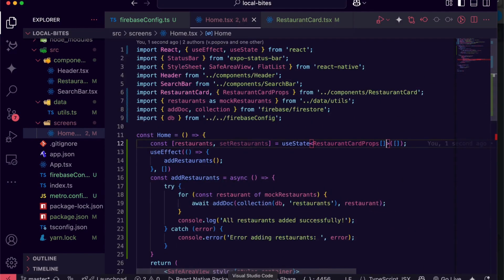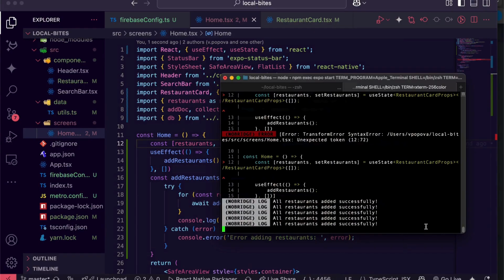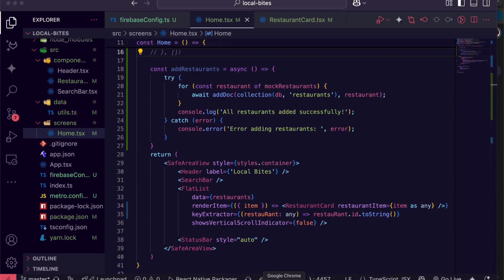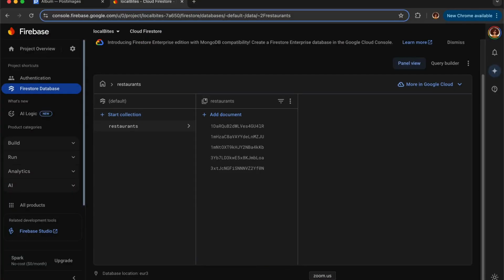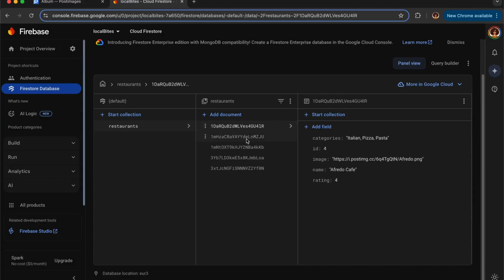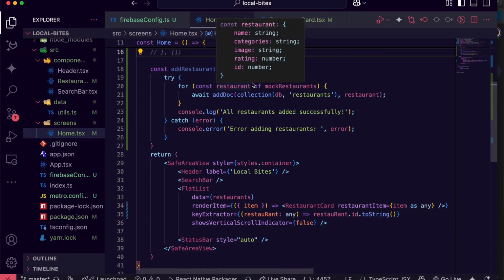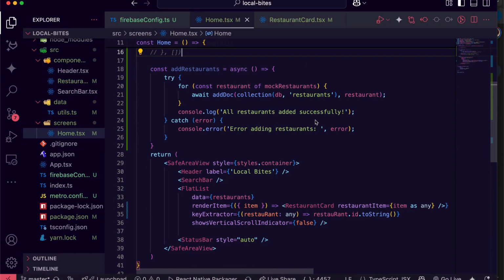And let's see, do we have all restaurants added successfully? Okay, let's go to our Firestore database to make sure that the data is uploaded. And voila, here we have our restaurant collection and the different items from the mock data, which is now uploaded to our database, which is great. We are done with the first step, which is to add data to our Firestore database